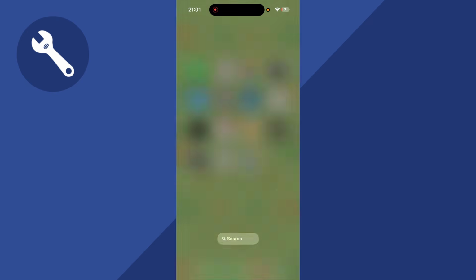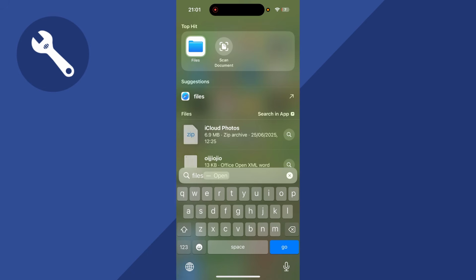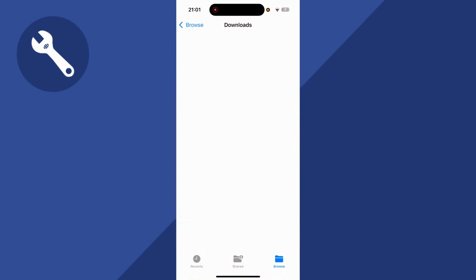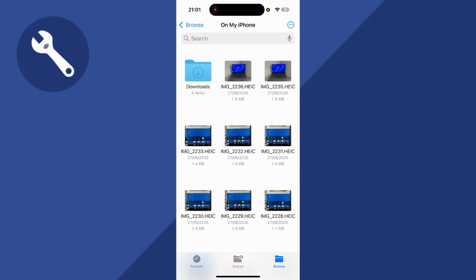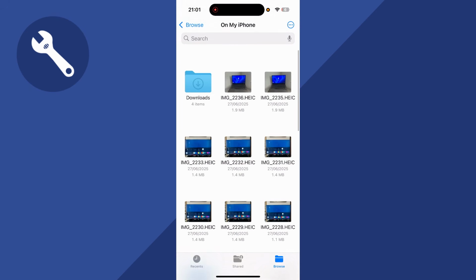Now, the final thing we can do is if you go and use the search box, you can search for Files and click on this. You can then click on Browse in the top left hand side, click on My iPhone, and what I like to do is just delete all of the files within this application. Now, obviously you need to make sure there's nothing in here that you actually need, but what I'd recommend doing